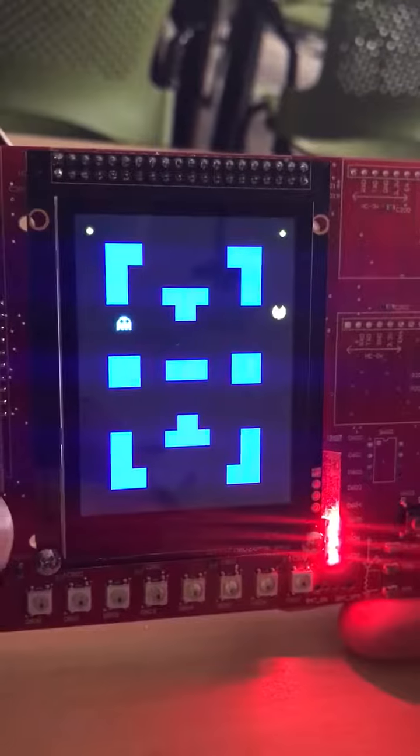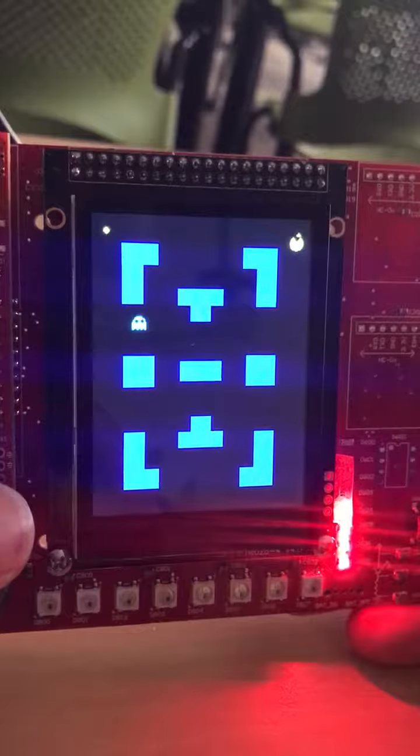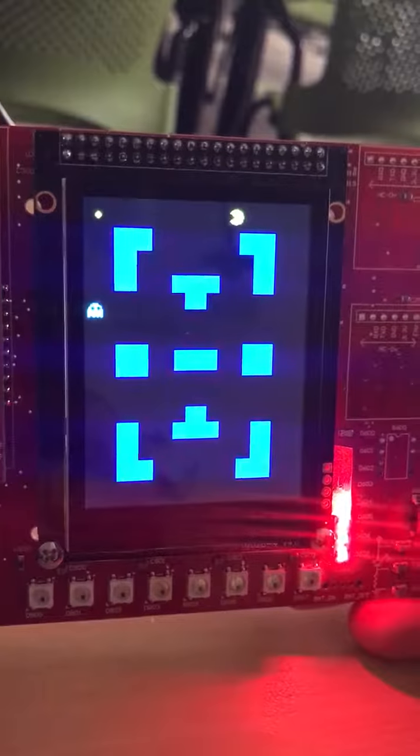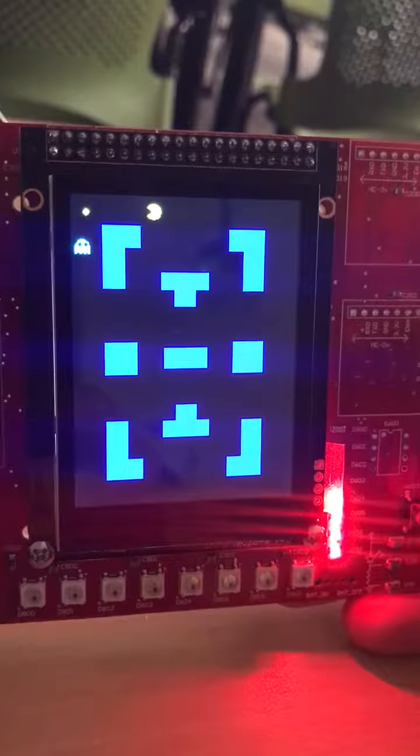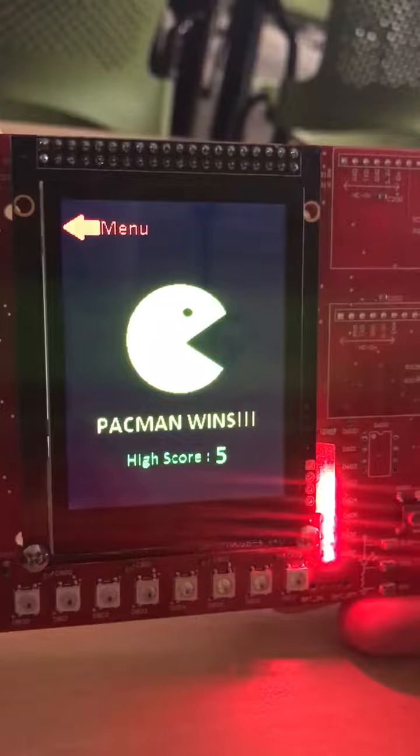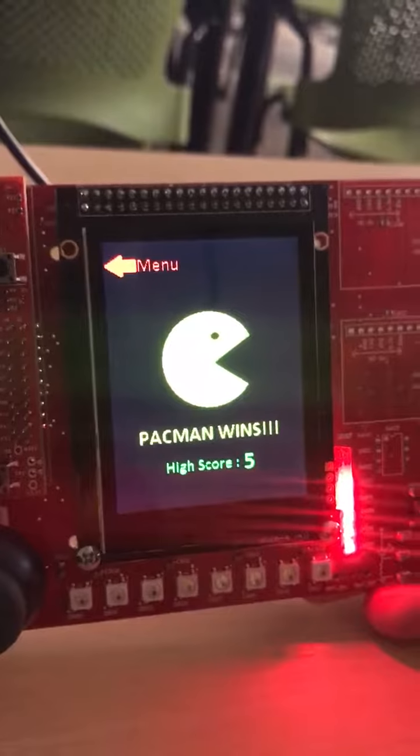Pac-Man does eat that coin. He's got 1 coin to go. We'll give him a little race, see if I can catch him. Oh, yeah, I'm gonna catch him. So there you go. After Pac-Man eats all 5 coins, all 5 LEDs light up, and you get to